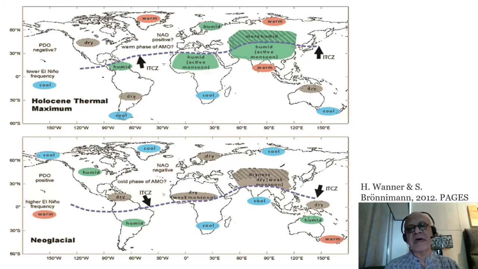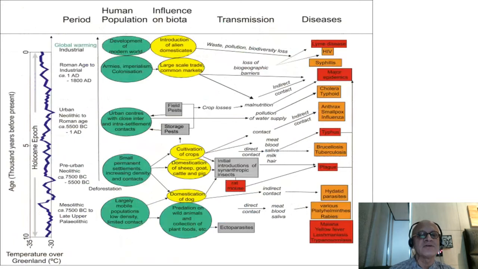COVID is managed better. The deaths are not in multiple millions, but the numbers are not in yet. But we'll see some big plagues along the way: the Justinian plague and the Black Plague, which killed 100 million and maybe 200 million respectively, and associated with climate as well. So this is a nice figure showing age in thousands of years before present, going back to again 10,000 years, and we have the mildly varying Holocene epoch that we have been talking about.